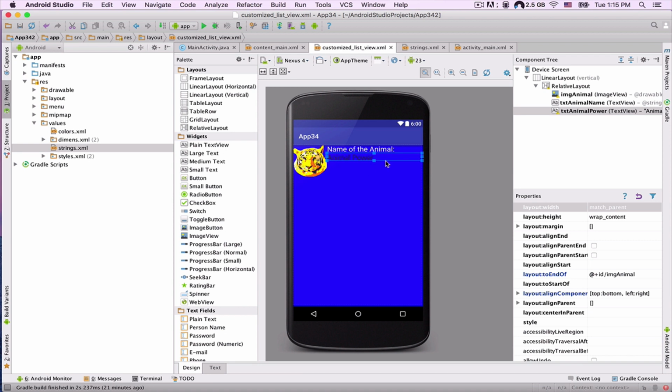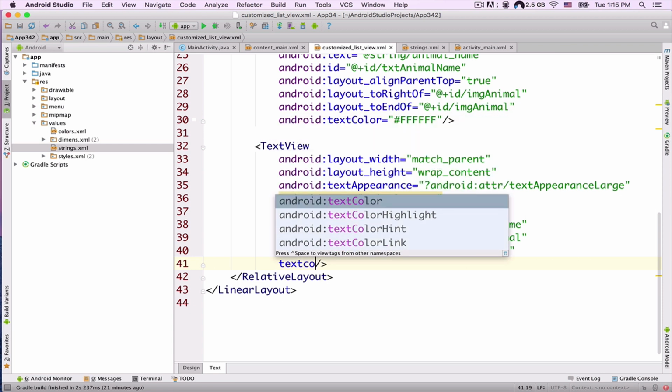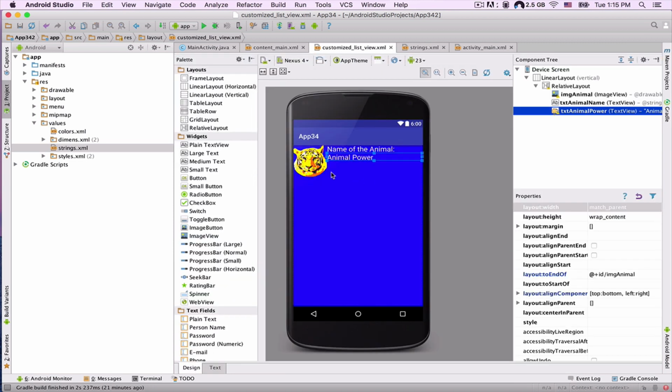Okay. So now let's actually go to this design tab here. And as you can see here, this is our text view. And as you can see, we can actually add another attribute. Okay. Text color. Put a hashtag here and then put that hex value here. Okay. And here inside of this design tab, now as you can see, the color of our text view is